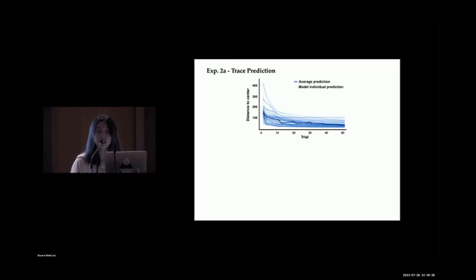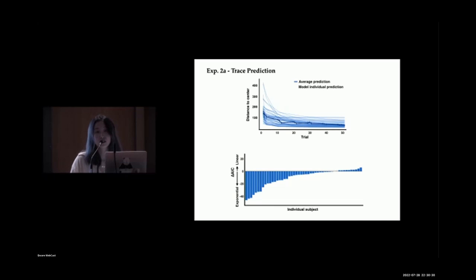We fitted this data to both the exponential and linear models, and here's what our result looked like. Quite surprisingly, we found that exponential models outperform the linear model in describing participants' predicted learning curves. People predicted learning to unfold exponentially over time. This is actually an astonishing result for us, given that we did not know whether people are able to hold fine-grained representations of learning at this level, let alone that they actually predicted quite accurately.